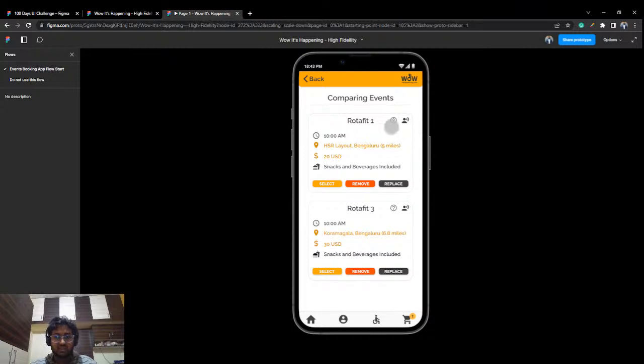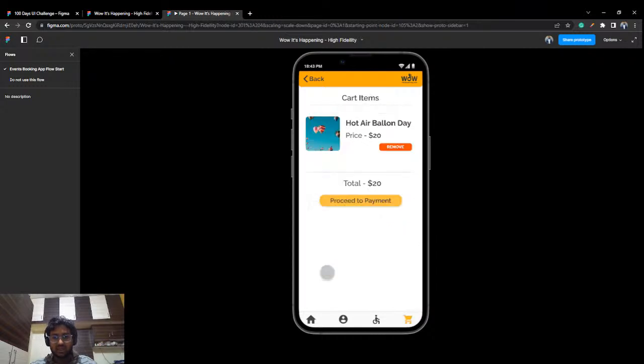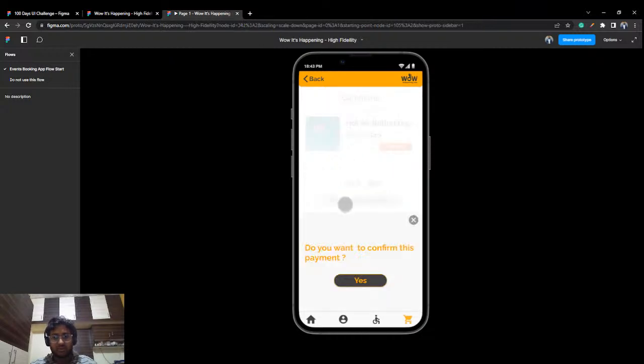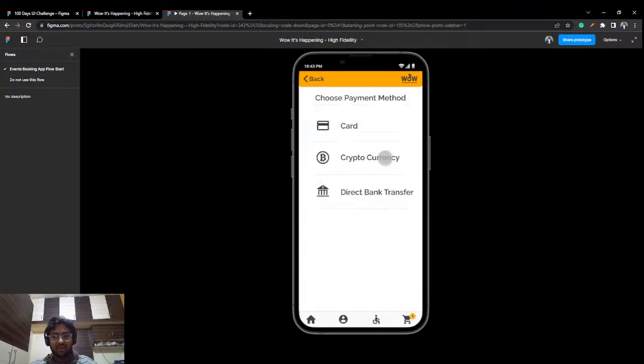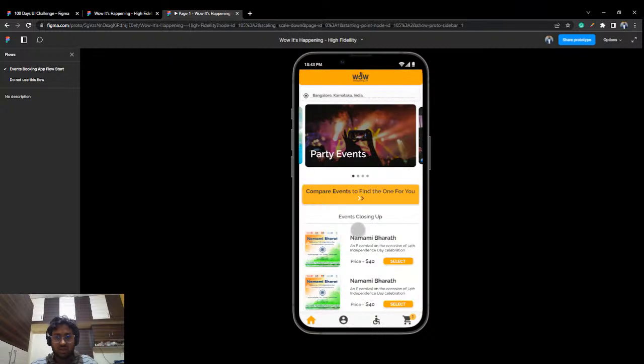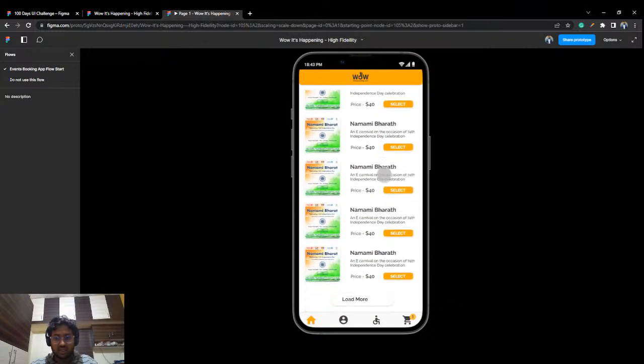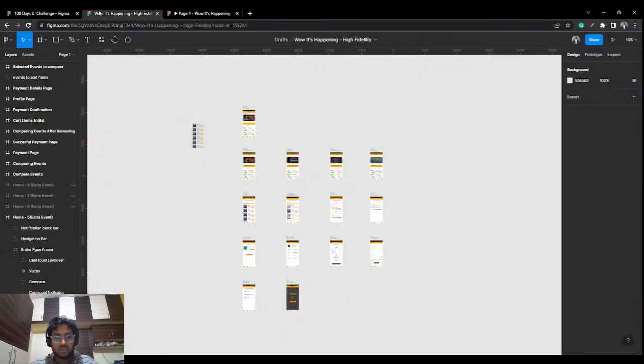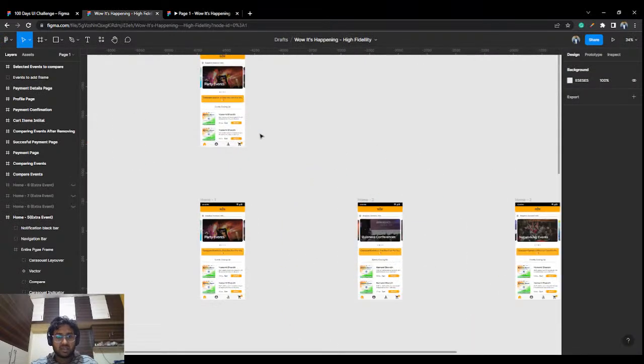Then this will read out. This had an accessibility feature which you could read out, and you could get to know which event you need to go to, right? The difference would be shown here, the price, the distance, and I'll click on select, and one event would be selected. I'll click on proceed to payment. You want to confirm? Yes, I do want to confirm. And book event, and come back to the first page. So coming back here to the home,